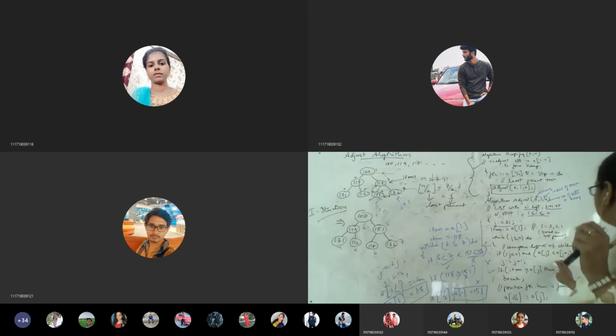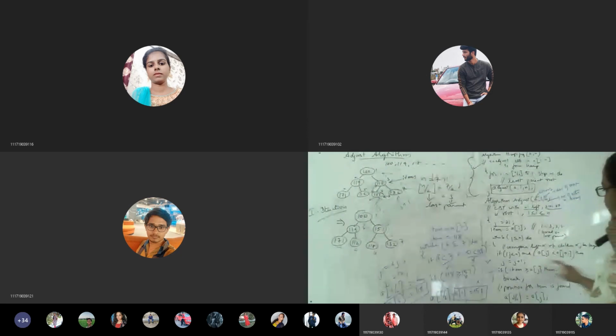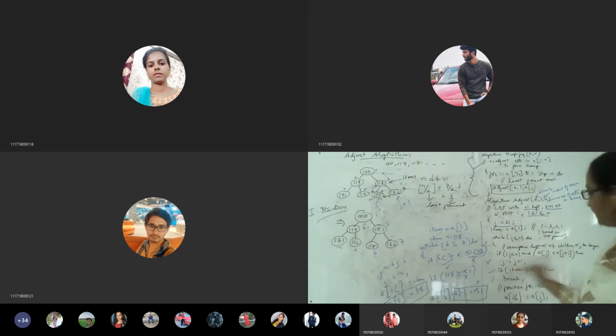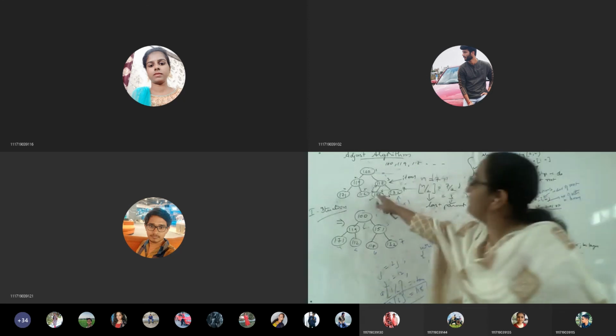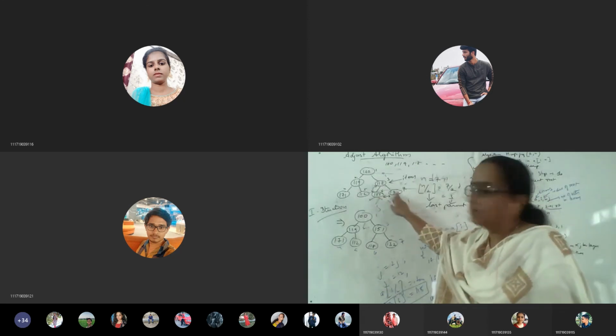So we are looking at the right children. If you see here, a of j less than a of j plus 1, here we are comparing, and whichever is greater, the pointer j will be pointing to the greatest child. After comparison among the children, when you compare 151 and 132, whichever is greater, this is greater.